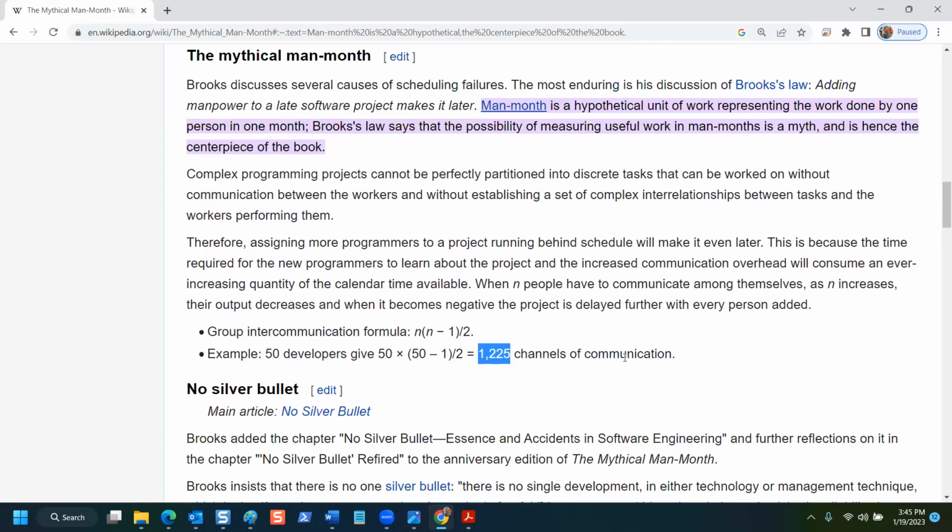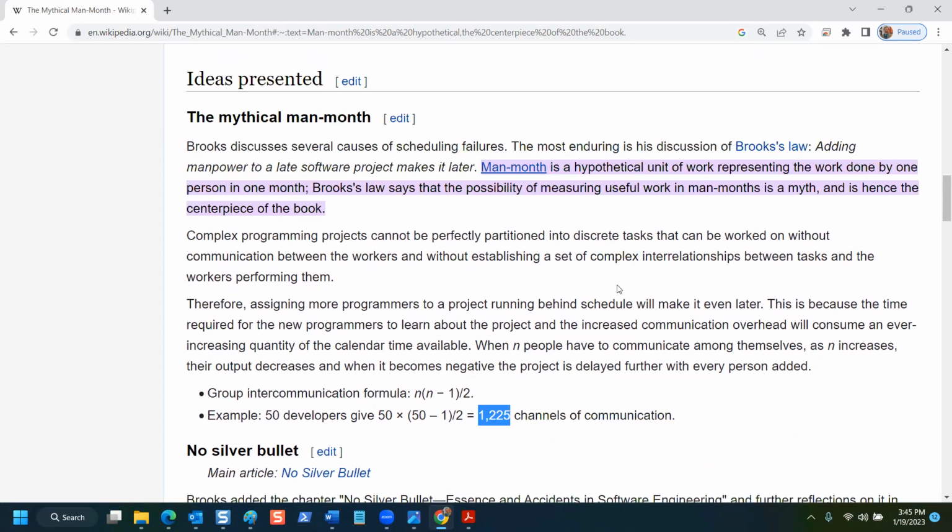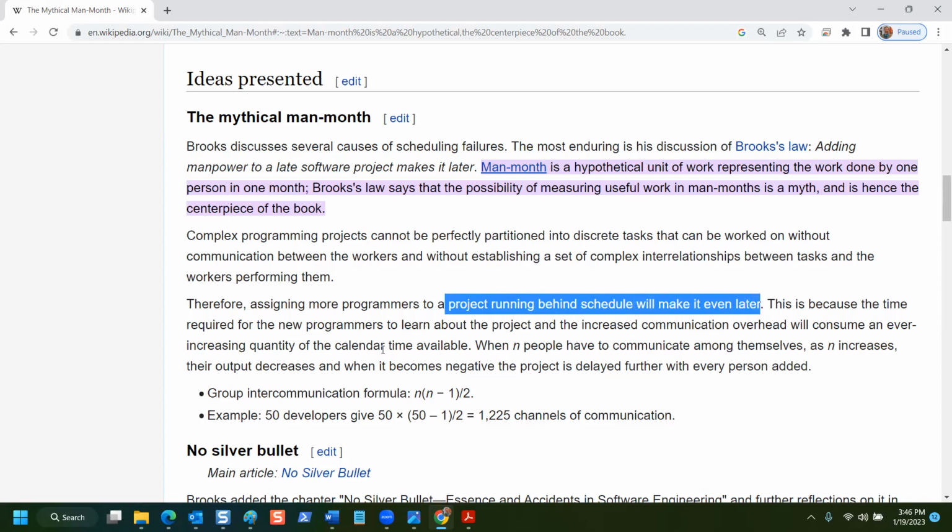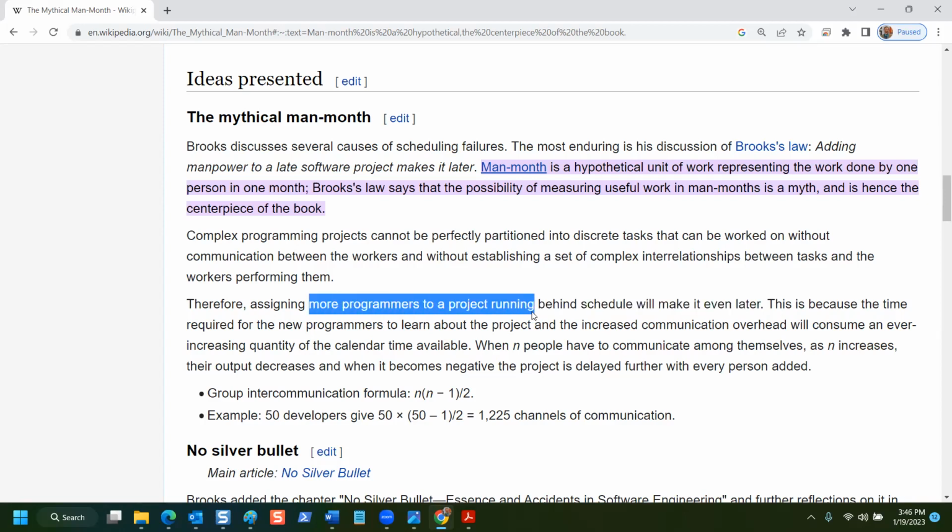This is a hard sell for software engineering professionals to educate finance and administrative people about. But you need to be able to speak in plain terms about how this works. So when somebody you are reporting to, or a customer you need to explain, goes, hey, just add more, you say no, that's proven to be a very bad thing. You need to cite Fred Brooks' work. You need to explain a project running behind schedule will run even later if you add more programmers, right? Assigning more programmers to a project running late makes it even later